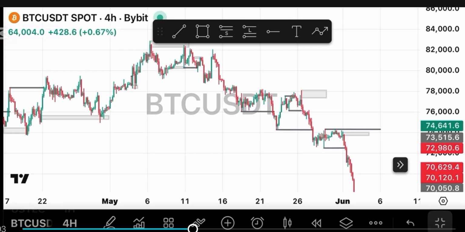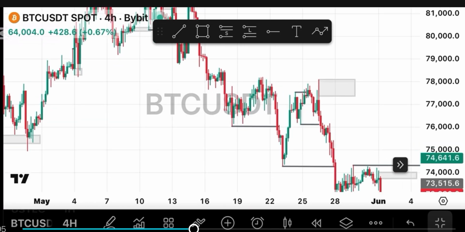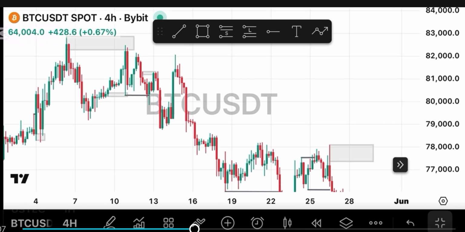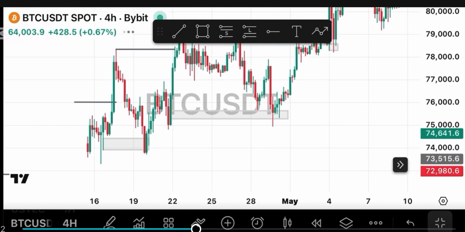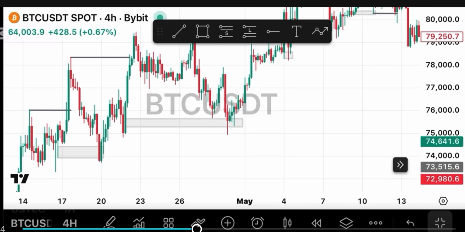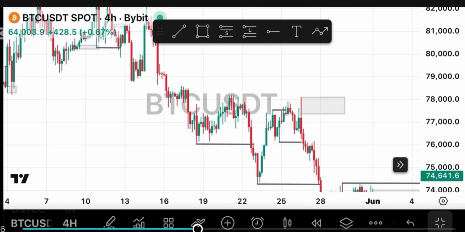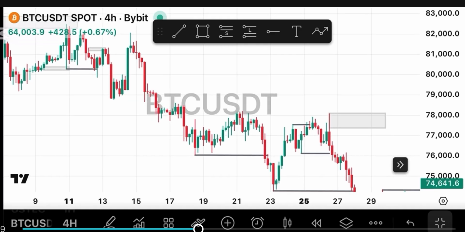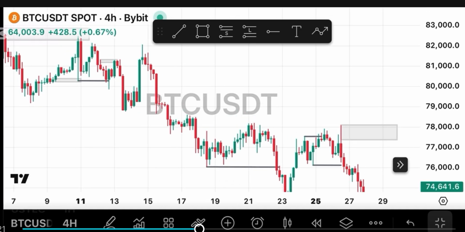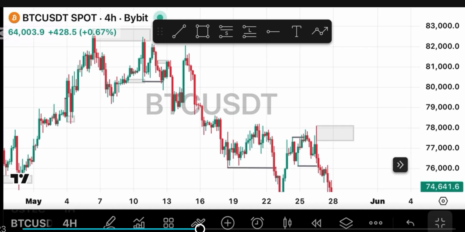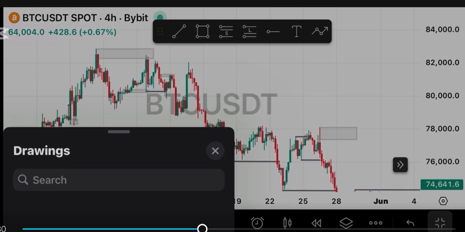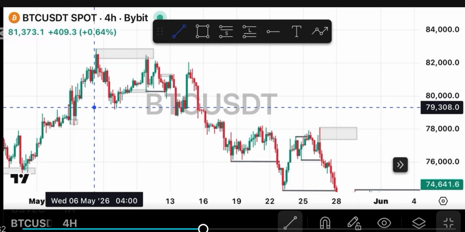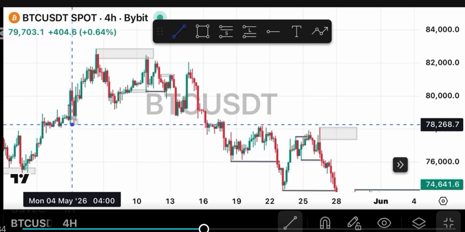So where do I start from now? Let's start from here, right? In the 4 hours time frame. Okay, let's start from here, guys. So if you look at this market now, we can see that the market shifted structure at this point. So this was the shift of structure